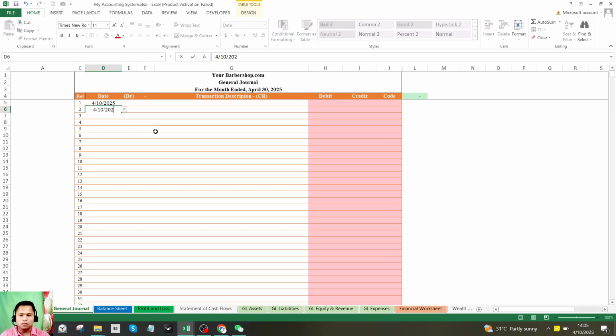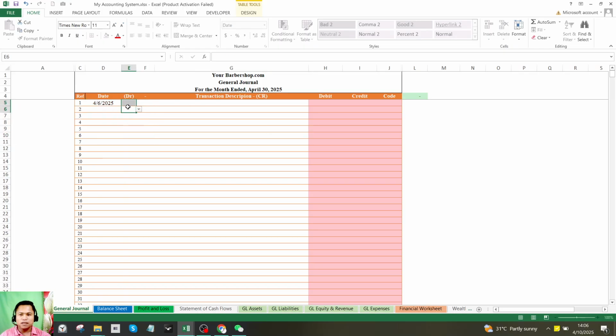Control and colon on your keyboard. Control plus colon will then automatically give you the date of today. But if you're recording from a different date, it would probably be so tiring to type all the dates. That's the purpose of this drop down here. It allows you to just pick a date. Let's just say